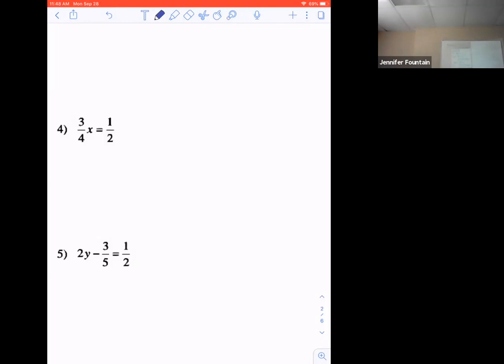Okay. So we have denominators of 5 and 2, so we multiply everything on this side by 10, and everything on this side. So that means even that 2y has to multiply by 10. 20y. Okay, so if you multiply 3 and 10, what are you going to have? 30. What is 30 divided by 5? Okay, so go ahead and